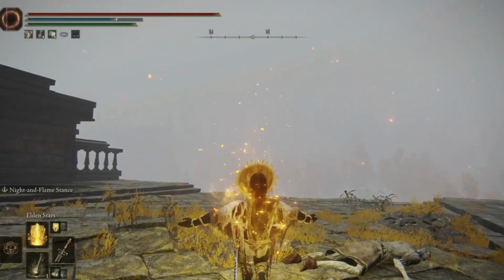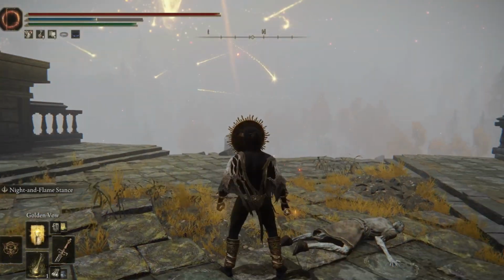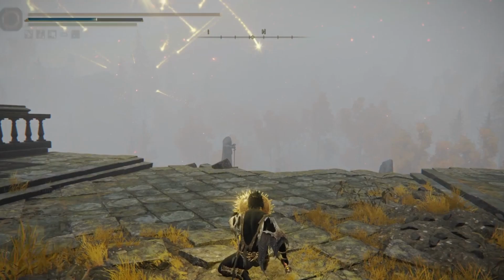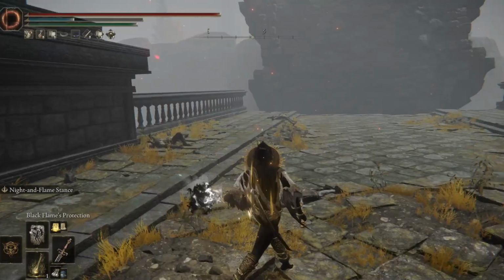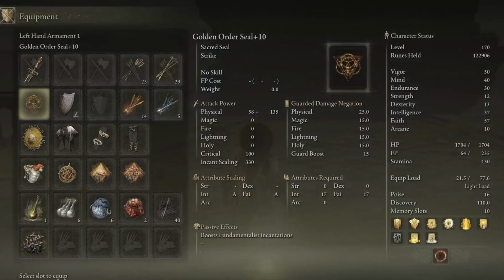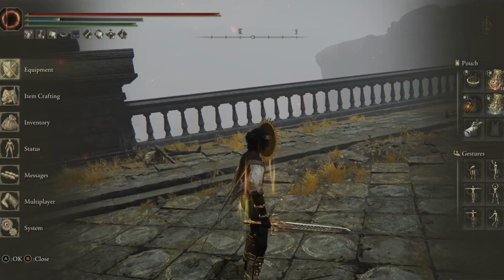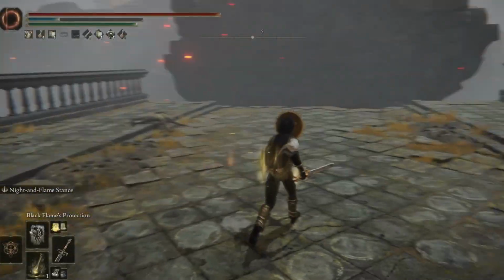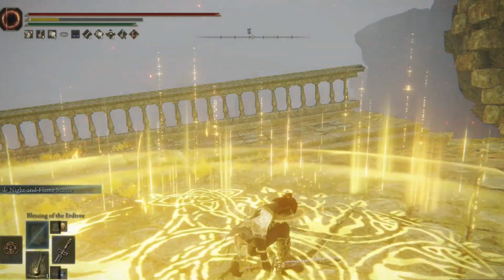Then we have Elden Stars, which again, not really optimal, but it's a pretty cool spell to use. Then we have Golden Vow, which is a really good buff. Black Flame's Protection, which reduces physical damage that you take, which complements the reduced poise damage that you have if you are going to rock this fashion. And then you have Blessing of the Erdtree, a pretty good health regeneration spell,